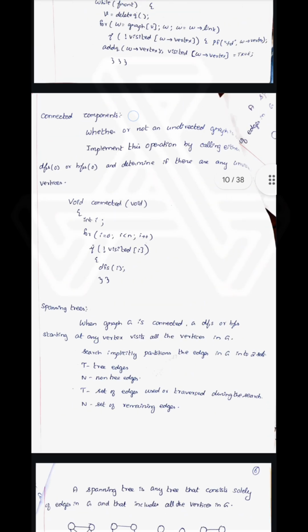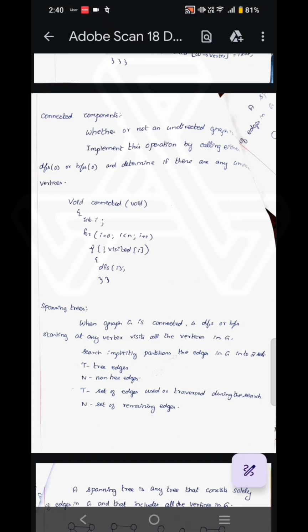Connected components. Whether or not an undirected graph is connected can be determined by implementing this operation by calling either DFS(0) or BFS(0). To find connected components and determine if there are any universal vertices: void connected() { for (i = 0; i < n; i++) if (!visited[i]) dfs(i); }